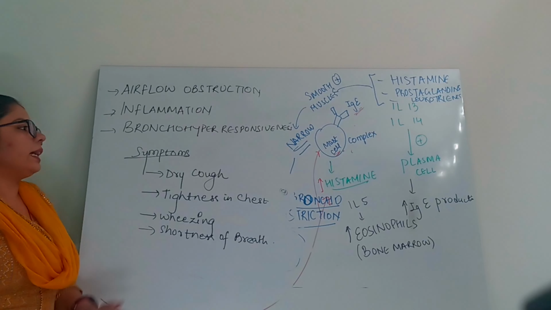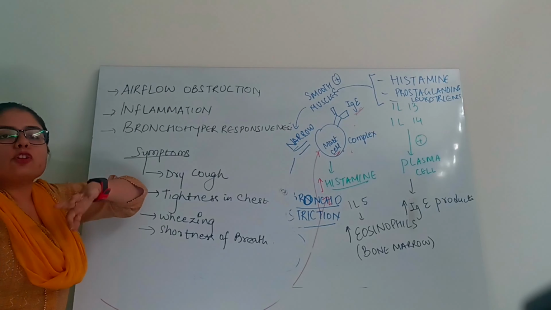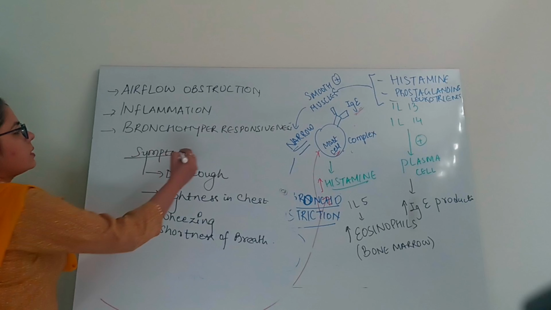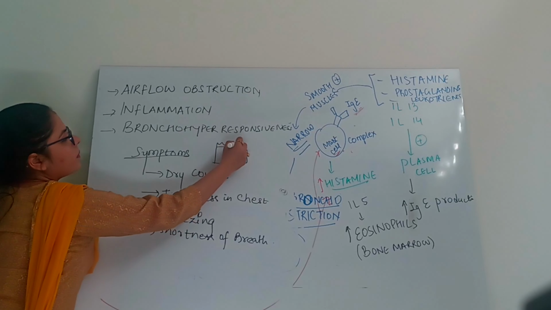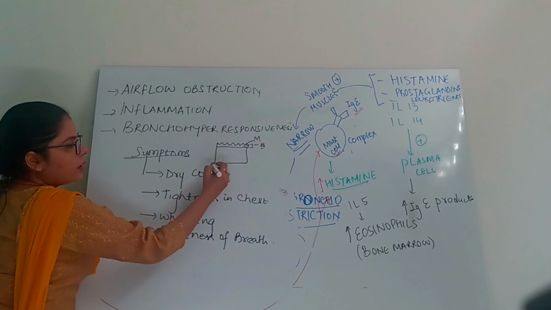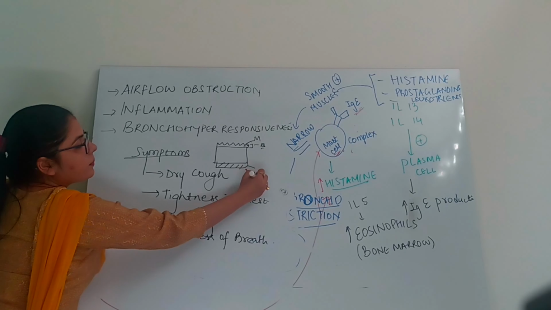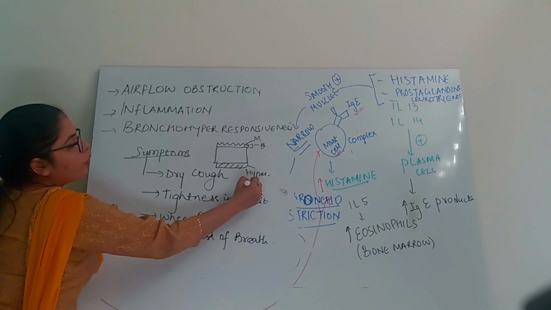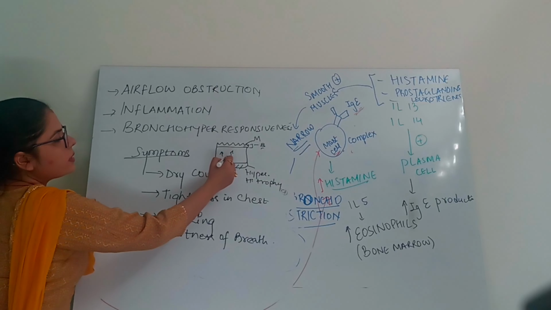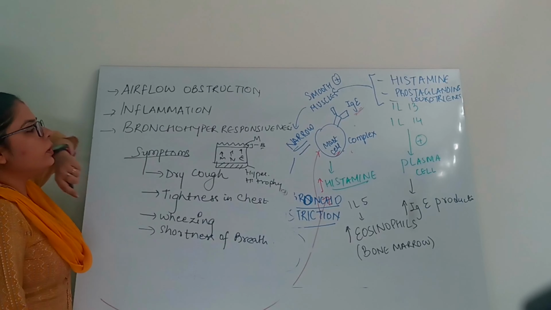I tried to sum up the entire pathophysiology. If still there is any doubt, I'll just quickly sum it up. In case of an asthmatic condition, the number of eosinophils increases, right? The mucus secretion increases. The basement membrane was thickened. The smooth muscle cells were experiencing hyperplasia, and they were also experiencing hypertrophy. There was an increase in the number of mast cells, neutrophils, and eosinophils, and all of that was triggered due to the activation of